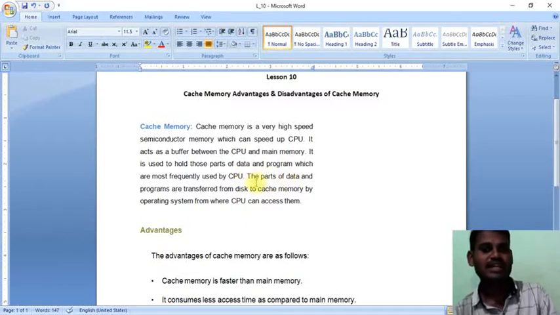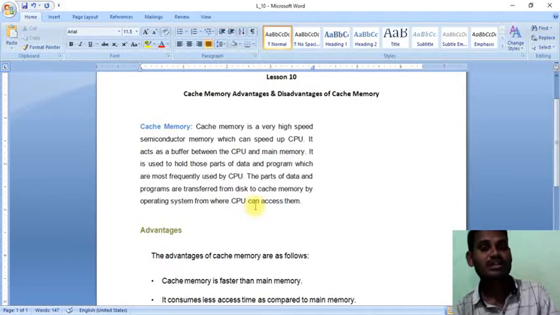The parts of data and programs are transferred from disk to cache memory by the operating system, from where the CPU can access them.